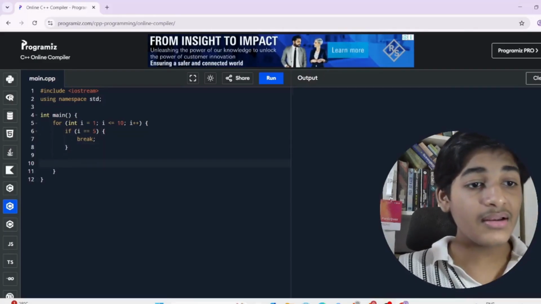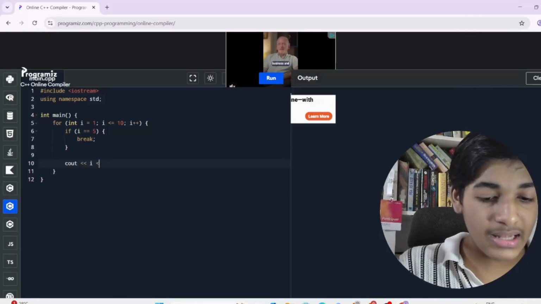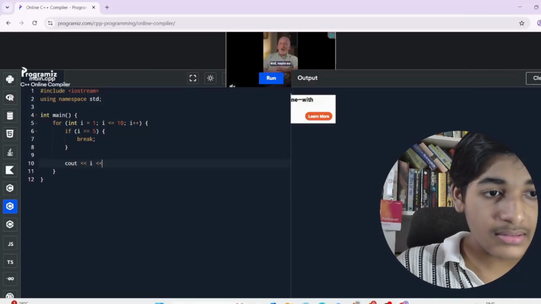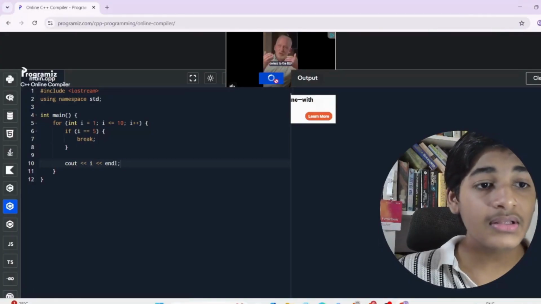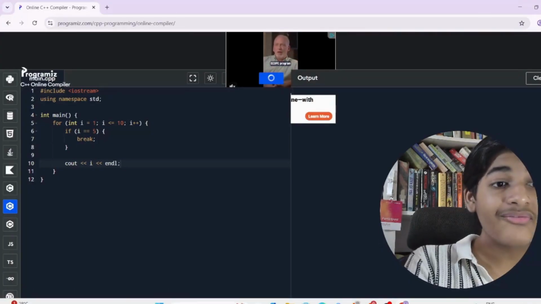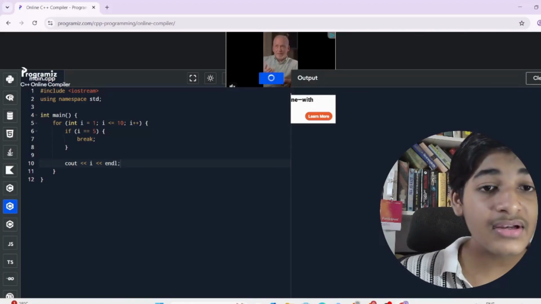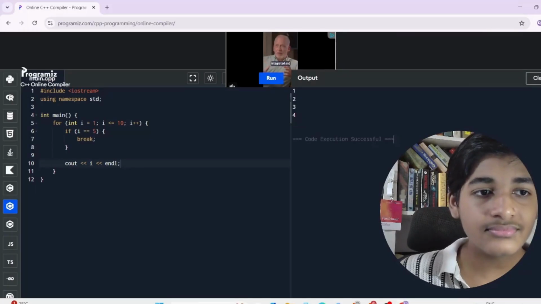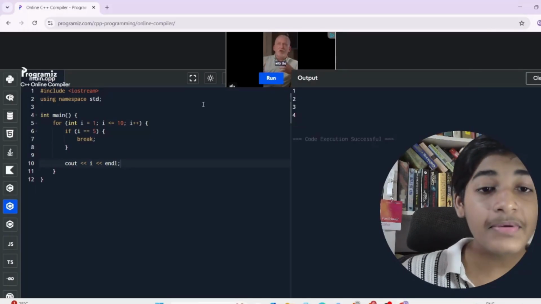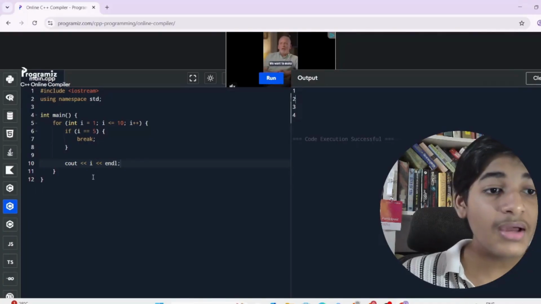And then I'll write what the loop should perform. So the loop should print i and create a new line. Now if I run, the loop will only print till 4 because once it reaches 5, it will automatically terminate. Let's check whether it terminates or not. As you can see, it has only printed numbers from 1 to 4